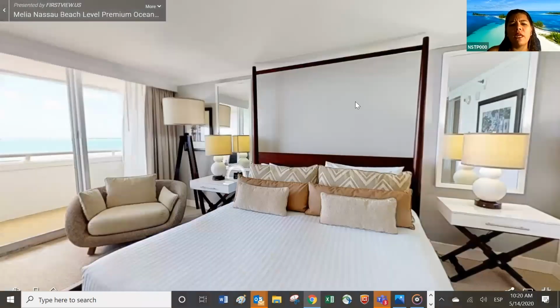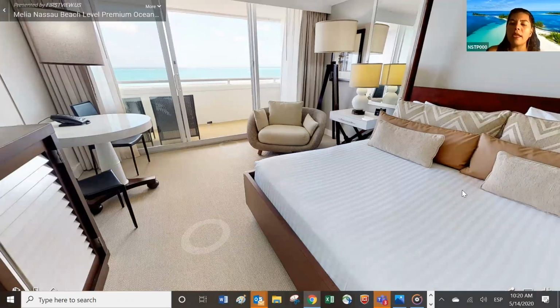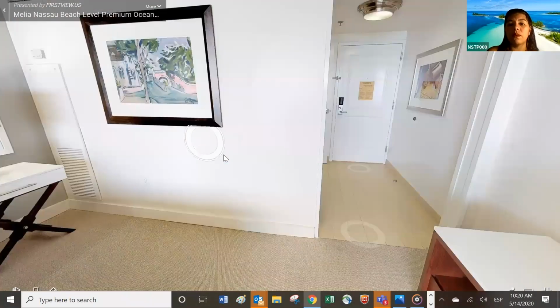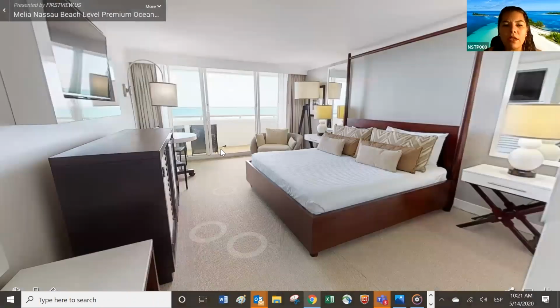Or maybe, if you don't want the one that is connecting to the one that I showed you earlier, it will have 2 double beds. So it will give you a max occupancy of 3.1, meaning 3 adults and 1 child, or 2.2, 2 adults and 2 children, plus the 2 in the next room. So that will give you enough possibilities, right? And please look at the kind of furniture of this room, because I'm going to show you next a run of the house. It's not going to be a run of the house, it's going to be a premium ocean view room, but it's basically the same layout as all the run of the house rooms. So just for you to see the difference between a room in the level categories